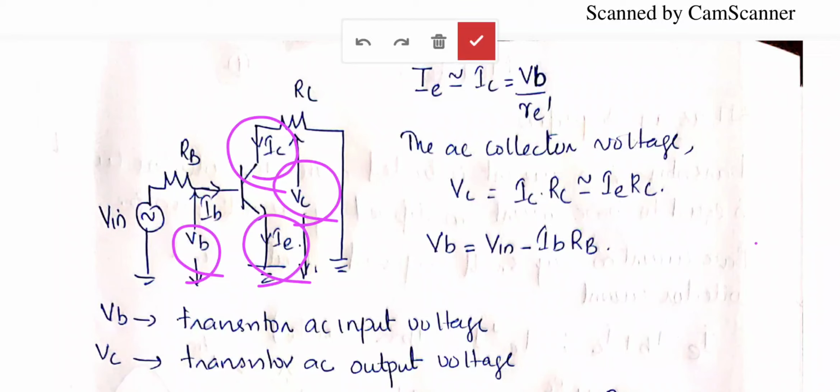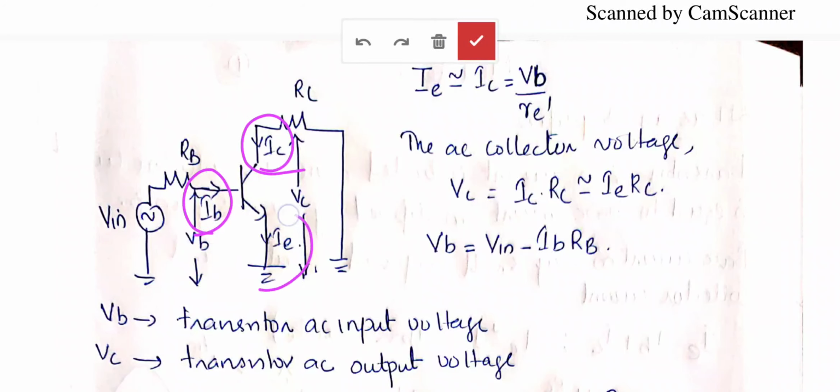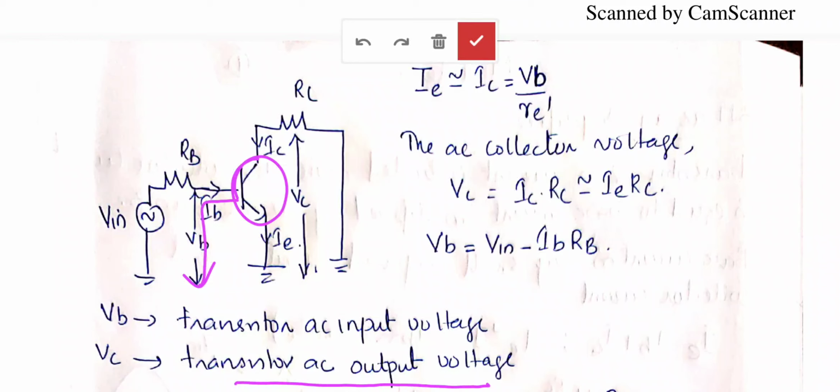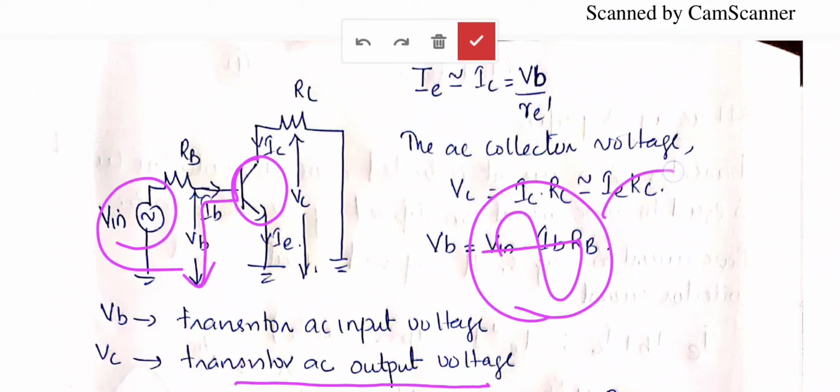So now in order to derive the expression for gain of the amplifier, we will consider the remaining equations of the current flowing through the circuit. So we have seen IB, the input base current, IC, the collector current, and IE, the emitter current. Similarly VB is the transistor AC input voltage, and VC is the transistor AC output voltage. Since we have given an input voltage of sine wave, this sine wave available at the base is known as VB, and the output available at the collector is known as VC.